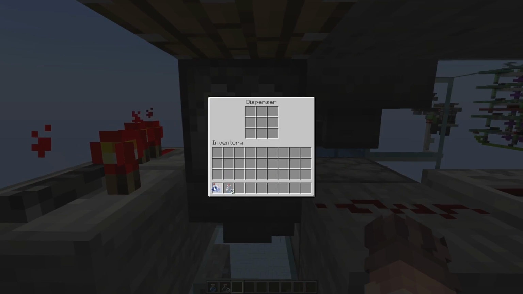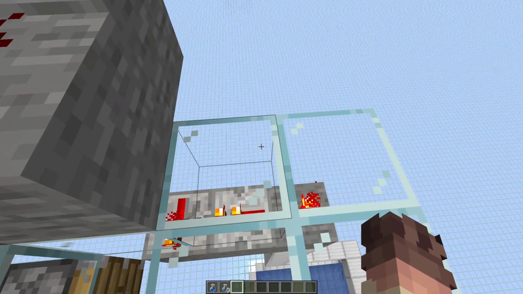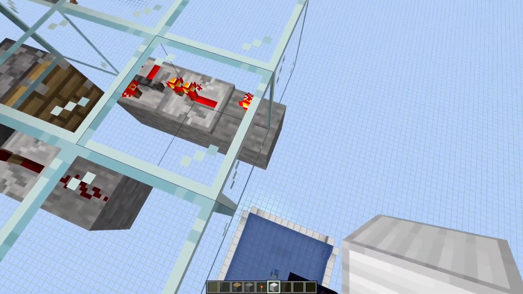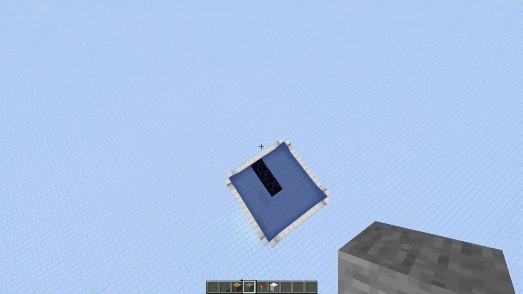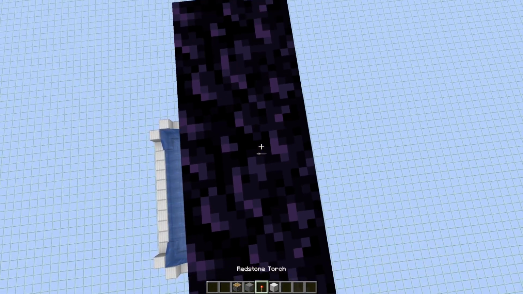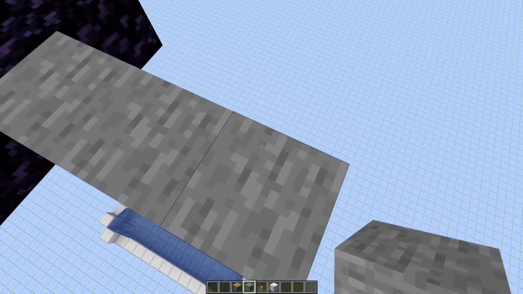Now we're going to come up to this dispenser and take our water bottles and fill this, as well as fill this hopper. Now once that's filled, this part of the farm is done. Alright, now with this part done, go ahead and take a temporary block and place 2 blocks right here, and then come back down here, right to where your obsidian is. Now off the center block, you're going to come over 3 blocks, and then go up